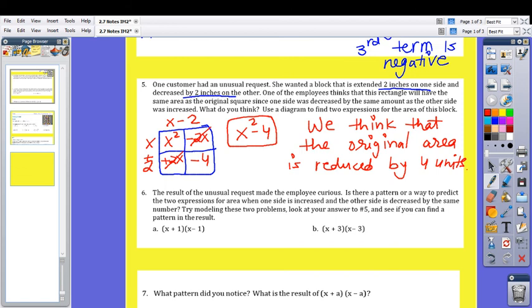And then let's find out what's happening in number 6. So it is asking